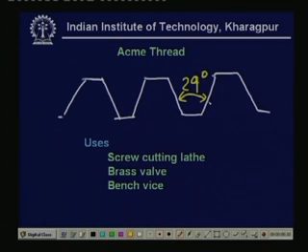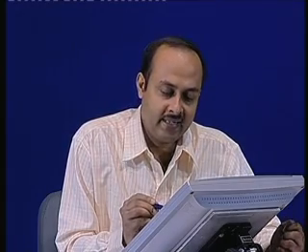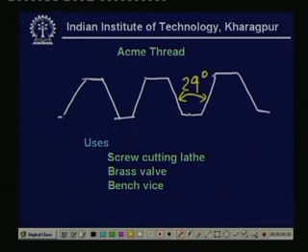Sometimes we have 30-degree, which is the trapezoidal thread, but it has the advantage that a large root strength is developed. And also, whenever we have occasions for frequent engagement and disengagement of the nut. Nuts may sometimes be disengaged and engaged frequently. So, whenever we have those occasions, then this kind of thread, with a V groove, gives us